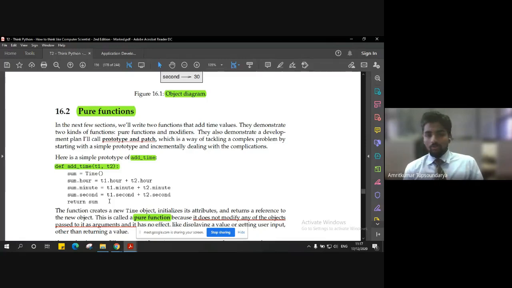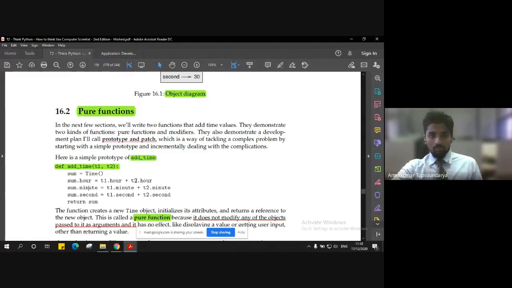Those types of functions are called pure functions because they do not change any value. We are not modifying anything here. It does not modify any of the objects passed to it as an argument, for example t1 and t2. We are simply using t1 and t2 to get a sum of them, right?